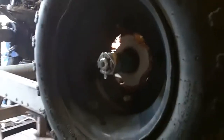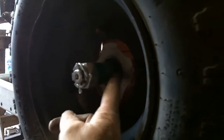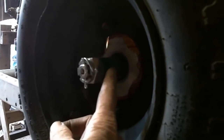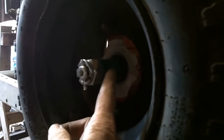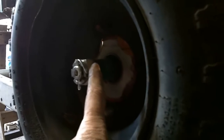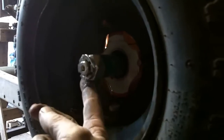Okay, I got my spacers built and on. What I did was bring my nut down until it was bottomed out, just a little over hand tight. And this spacer had a little bit of slop in it. Probably wasn't much, 50 thousandths, maybe less than that. So then crank this nut down